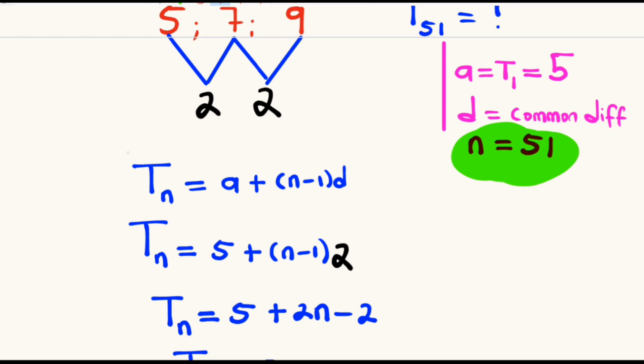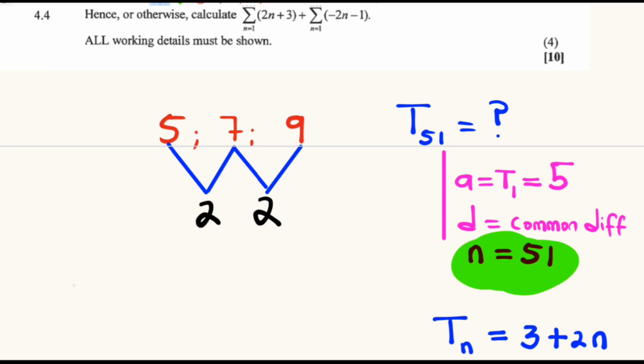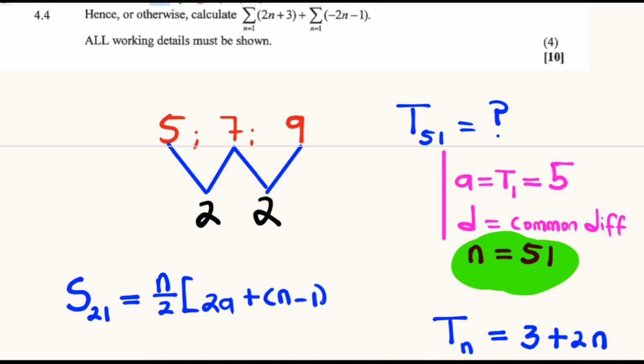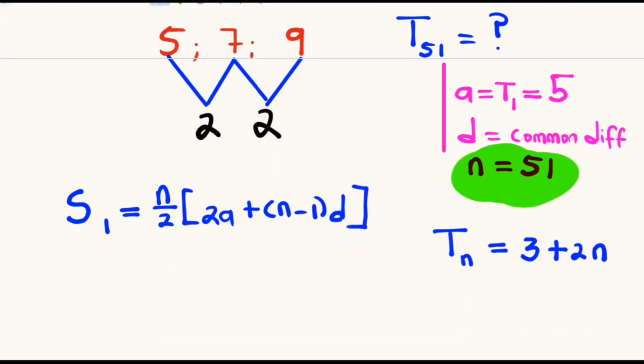Since this is an arithmetic pattern, the sum to n terms will be equal to n divided by 2 into 2 multiplied by a plus n minus 1 multiplied by d, and the sum to 51 terms. So this was supposed to be 51 and not 21. So the sum to 51 terms